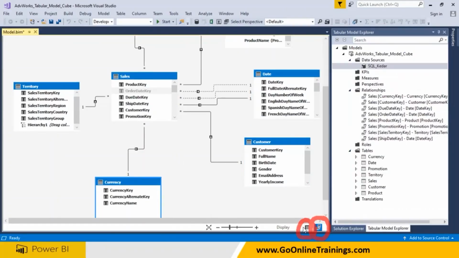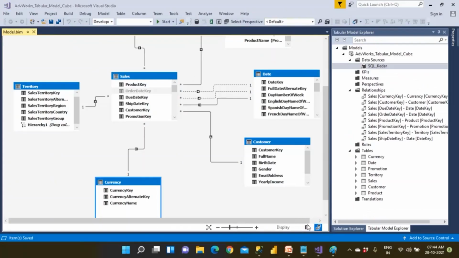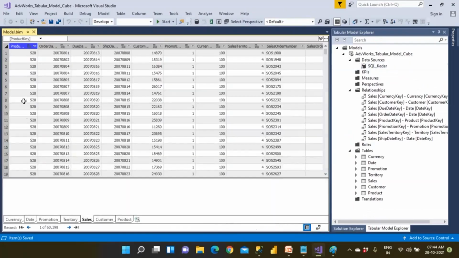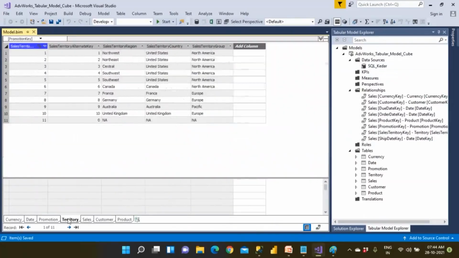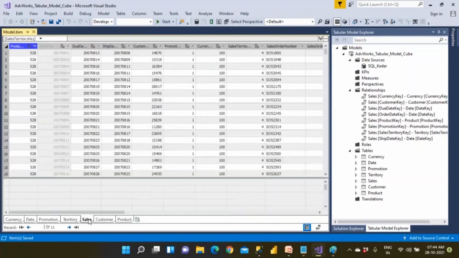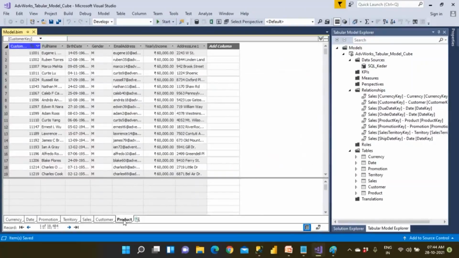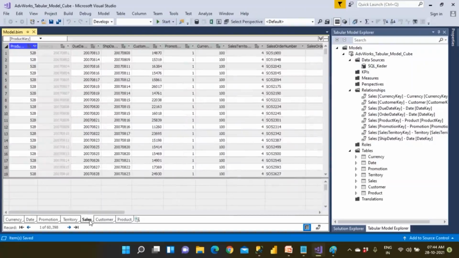So way to go and way to see, simply save this. Simply save this. And now, these are the two icons you use the most. Now my tables are ready. I have a currency table, date table, promotion table, territory table. Territory means geography, where the sales is going on. So central, region, like country, territory group, something like that, the sales table, customer table, product table, right? So in the sales table,